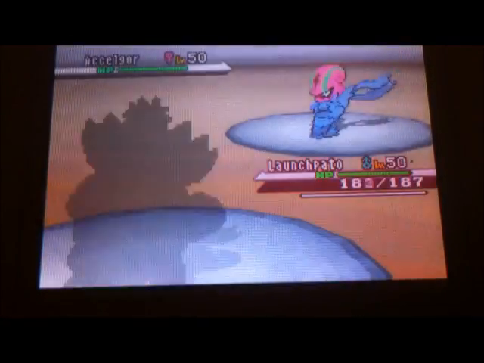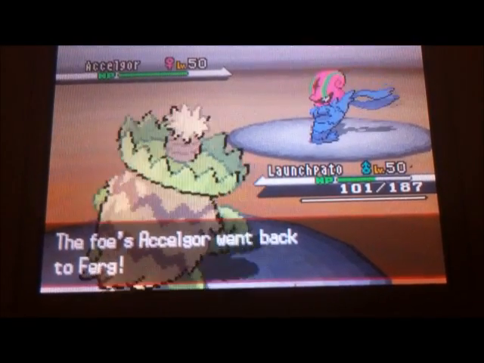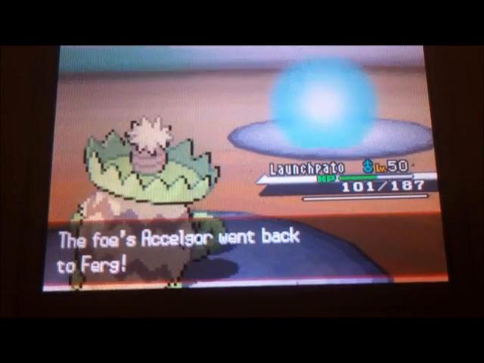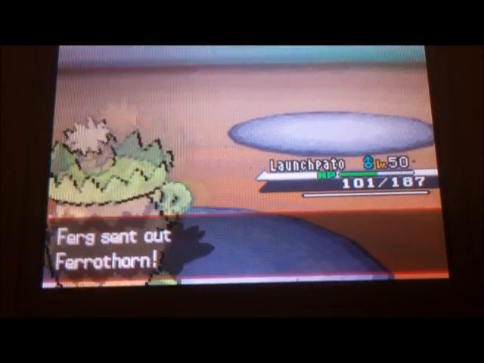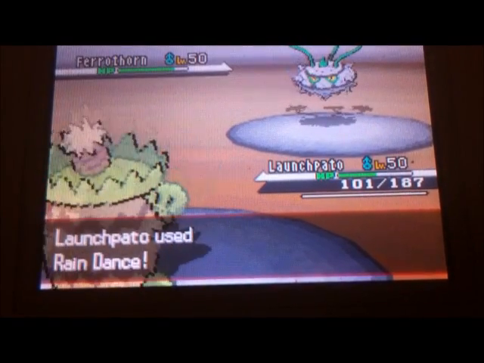I thought he was actually going to try to finish me, and I was hoping he would go for the Bug Buzz because this is especially defensive Ludicolo. But he switches out to his Ferrothorn again, and that works out for him because he could have blocked any of the moves that I was going to do. But here I just go for the Rain Dance because that's the most important move for me to keep up